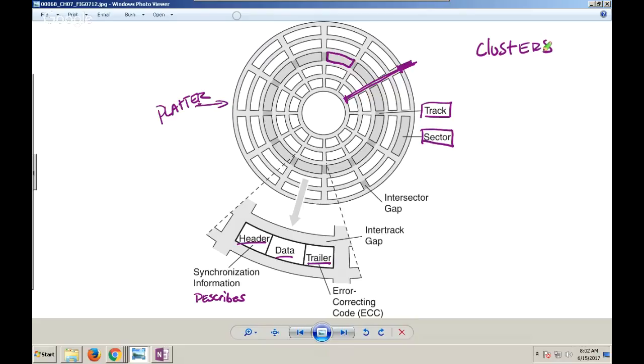Okay, the higher the density of the drive, generally, the higher the density of sectors within the cluster itself. Otherwise, we run out of memory addresses. Sectors have fixed sizes? Yes. And do you notice a relationship between the size of a sector, say here, and a size of a sector here? What's the relationship? Smaller where? Yes. Now, why do you think we do that?